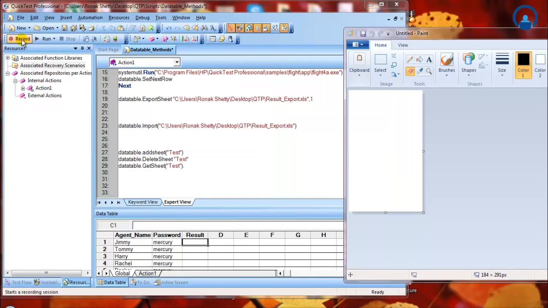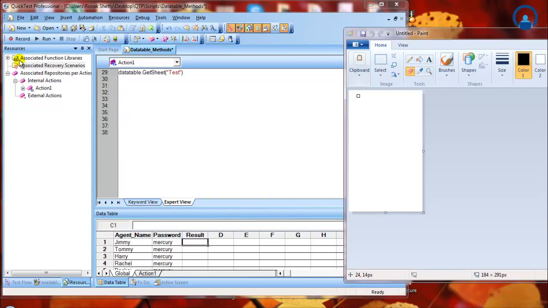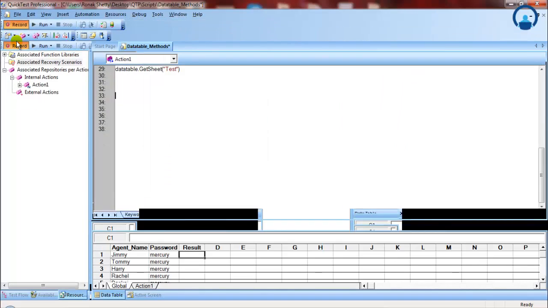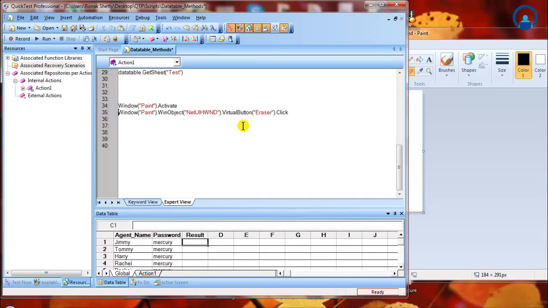So as I said, we'll start with recording. I'll take my cursor down so that you can see what is actually recorded. Okay, so I'll click on the recording button and I'll just click on this eraser button. So now see, a new script is generated at line number 35. I'll stop the run. As you can see, the Window Paint is the parent object, beneath which we have the Win object, which is not identified by QTP, and then we have .VirtualButton eraser. Eraser is the virtual object which we had created earlier,